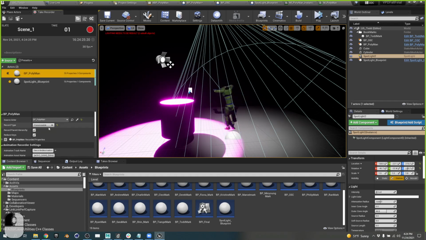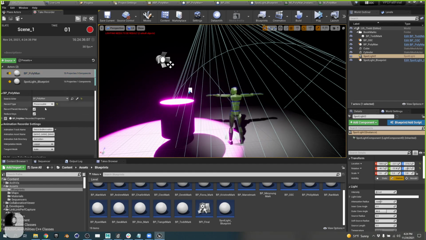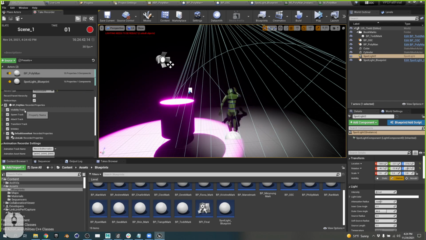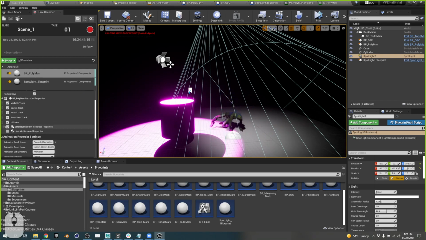And it's just one of those things where the more you work with it, the more you realize, do you need it to be just taking over these assets, or do you want to spawn a new version of the assets? And then if we really want to get into the details, we can see that all these properties are being animated. We really don't need to animate every property from the Polyman, right? We're just looking at maybe visibility, and we're just looking at,